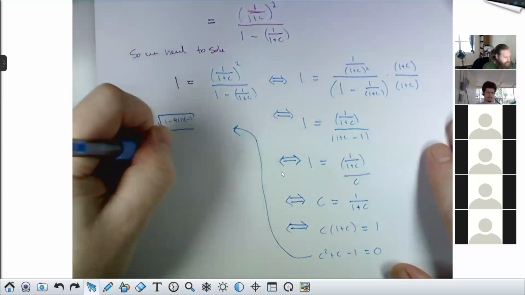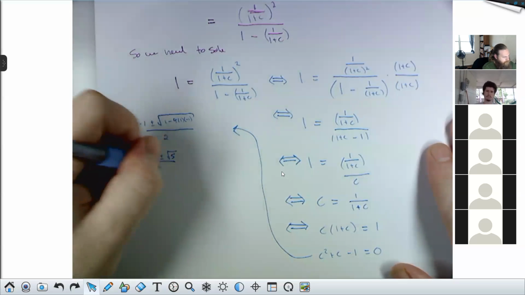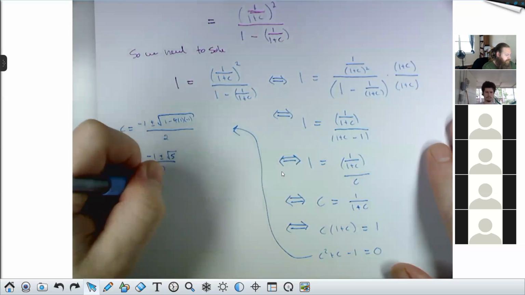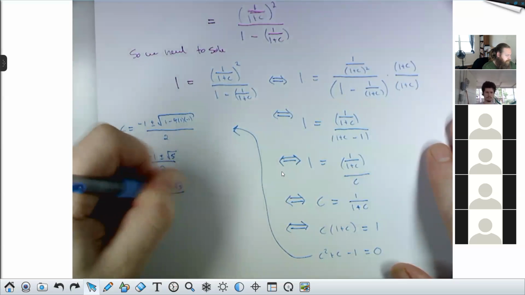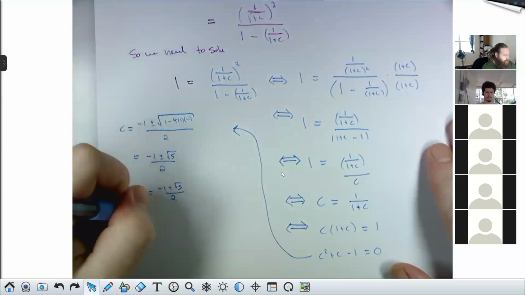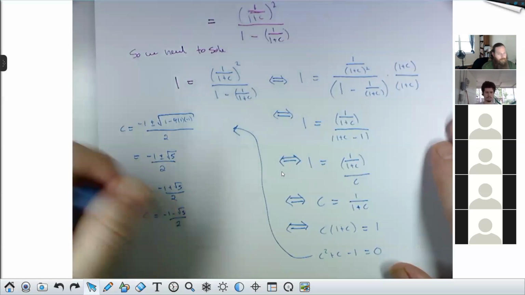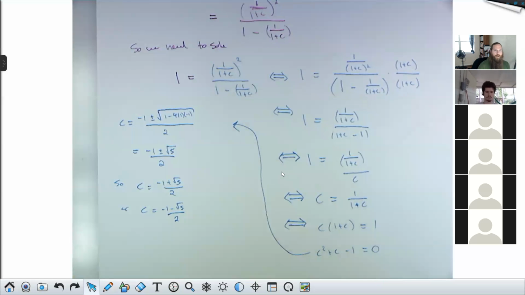That's the square root of 5 over 2. So c is either -1 plus root 5 over 2, or c is equal to -1 minus root 5 over 2. And we'll need to check